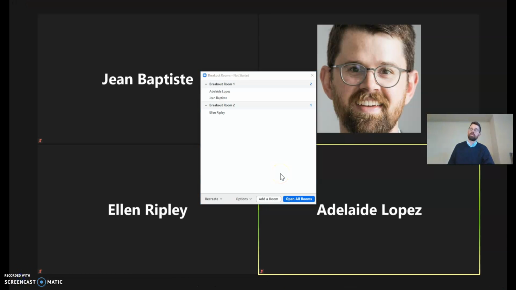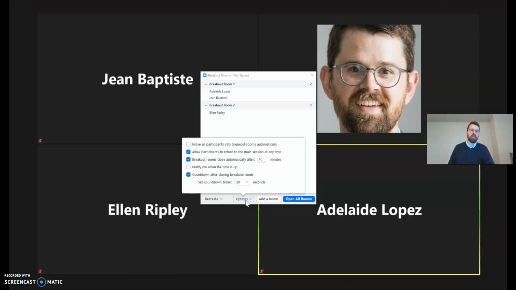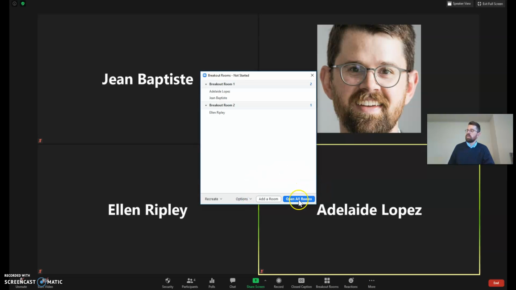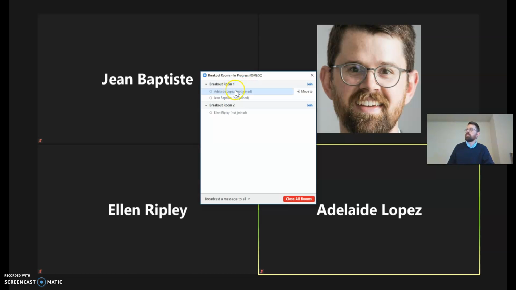Again, once you're content with those rooms, once you're content with all the options you've decided upon, and you hit Open All Rooms, as shown here, it gives you a timer for how long you've set that for, so you as the instructor know how much longer students will be in those rooms. You can get a sense with this of who's in what room. Right now it reads not joined because, again, it waits for a student to click the join button to be